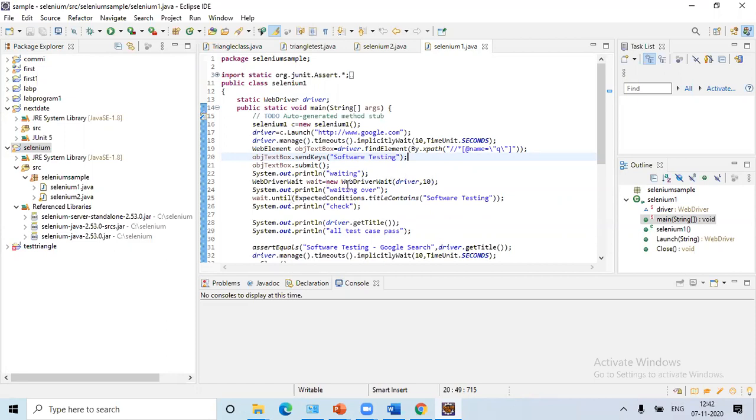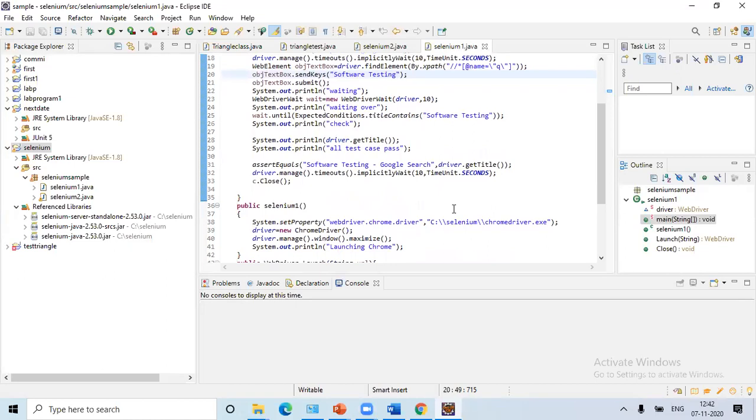So if it is not properly displaying, then we'll display the title content, software testing, and then we are going to check it. After that, we are going to display all test case pass if it is properly working, otherwise an exception will be thrown.